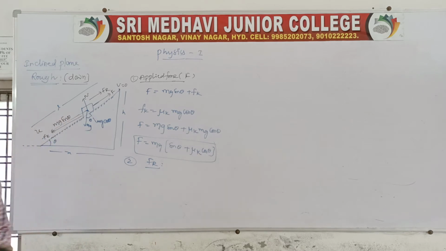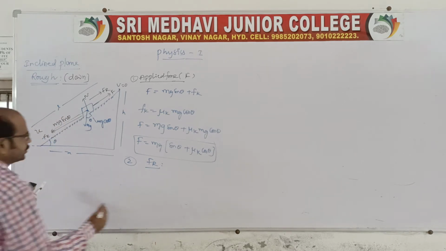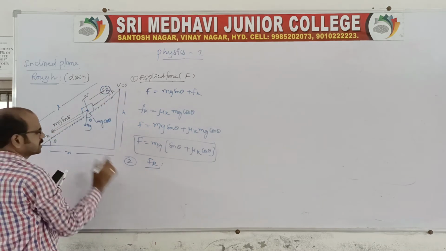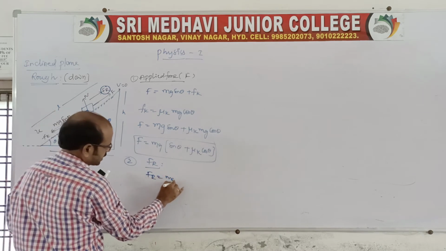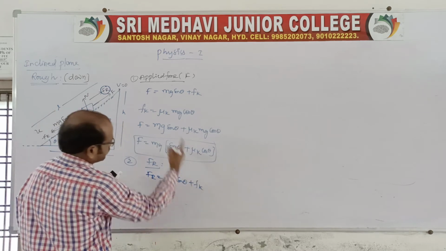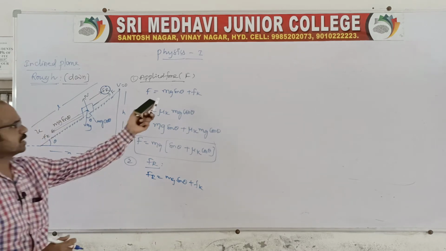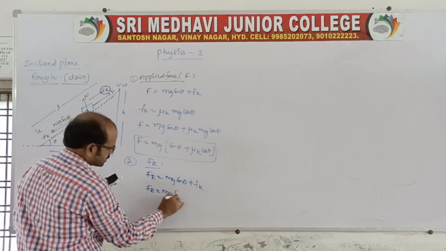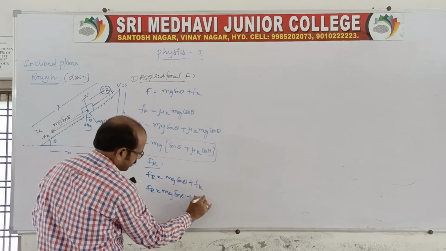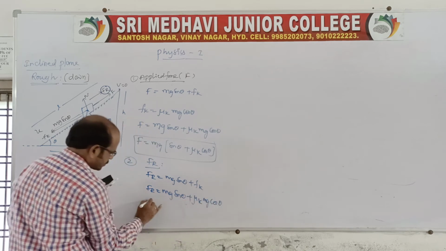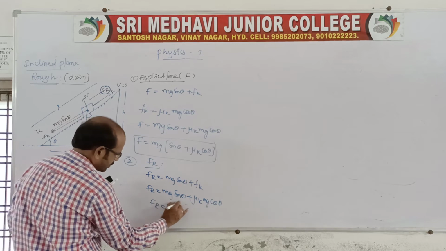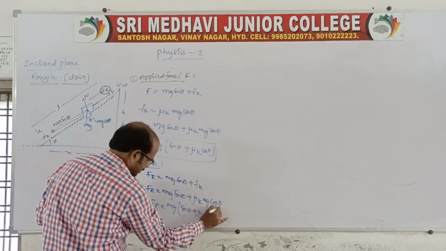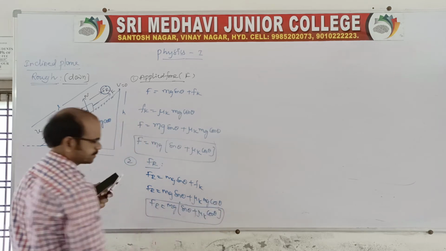Now you take the second, that is the resultant force Fr. See, in case of the resultant, what will happen? Again you take the resultant which is acting up. Clear? It moves in the upward direction, both are in the opposite direction. That is mg sin theta plus Fk. Of course the applied and the resultant will be the same. Look at mg sin theta plus Fk, and Fk we know, therefore the resultant will be mg sin theta plus mu k mg cos theta. So the resultant force Fr is equal to mg, taking common, of sin theta plus mu k cos theta. So this will be the resultant force.